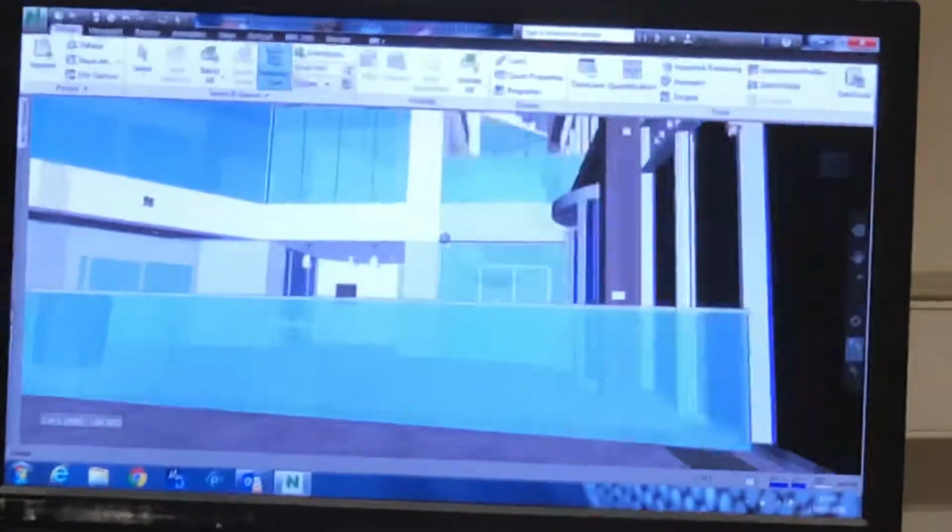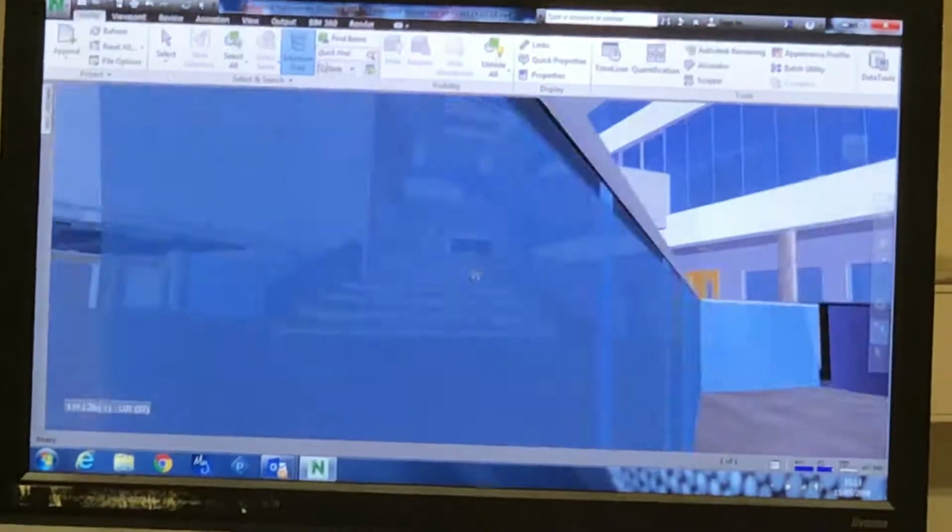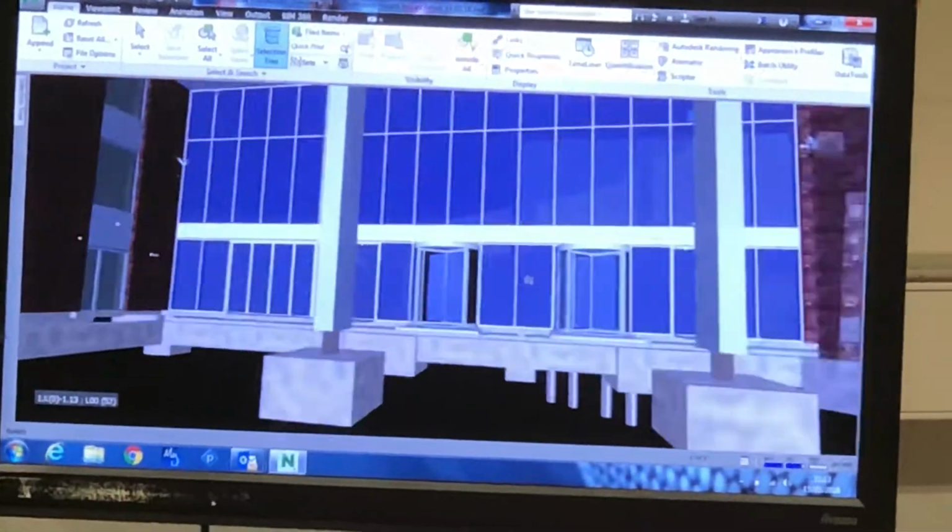Then we come outside the building. What it also allows us to do